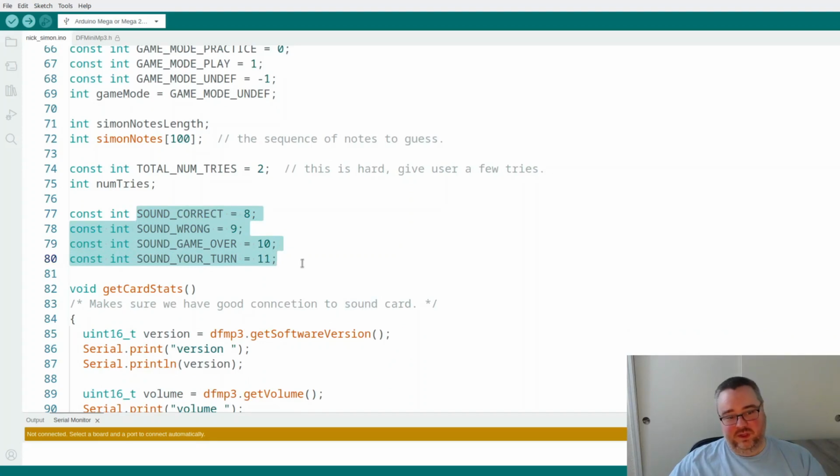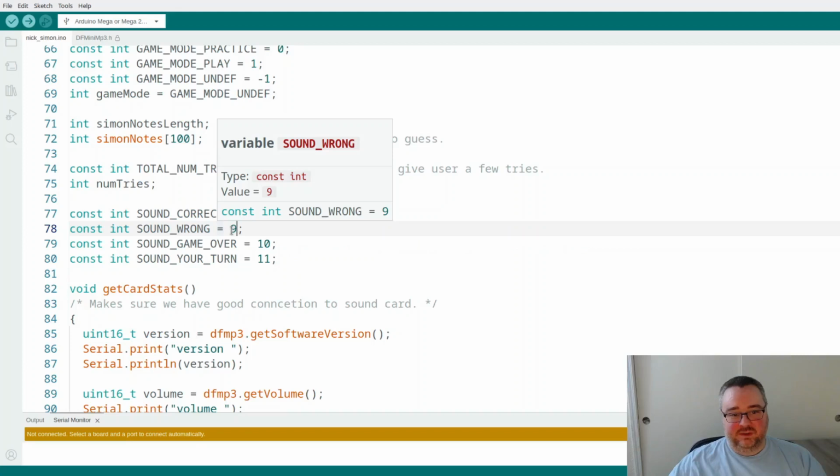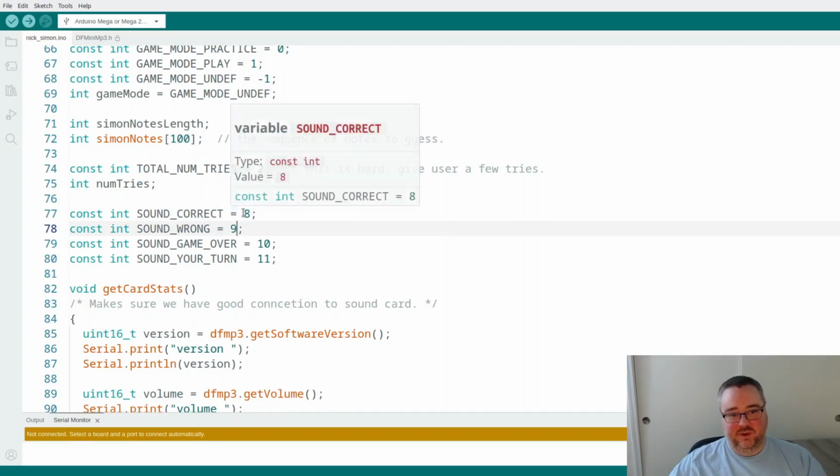So when you play the DF player, the way that this library works is you have 001.mp3, 002.mp3, and you have different sounds that you can put in as different files. And so I'm giving it the number on there.